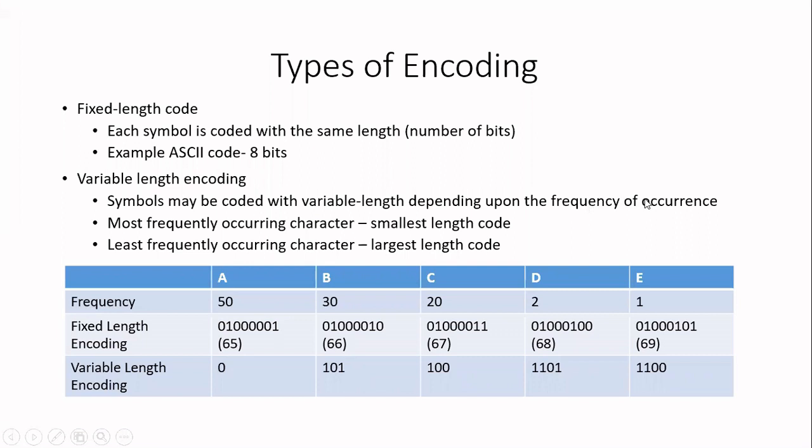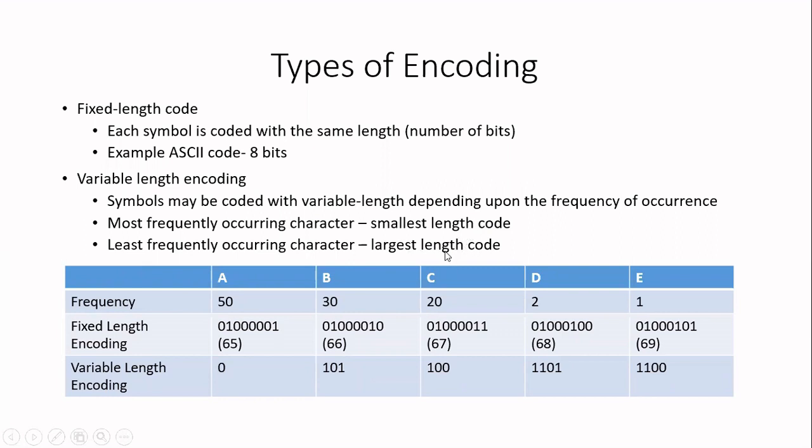So you have to consider a particular message you are going to send. In that, you count how many times different symbols are occurring, and according to that, you give a value to that particular symbol. Then based upon the value only, you give the code to that particular symbol. If a character is appearing more frequently, then that will be given the smallest code. Whichever is the most frequent character will have the smallest length code, and the least frequent character will be given the largest length code.